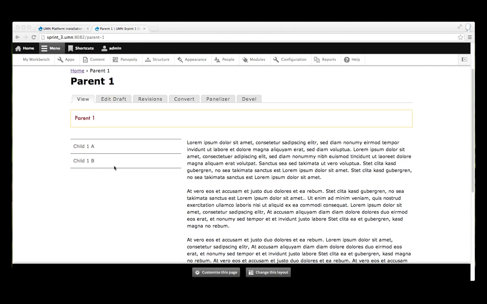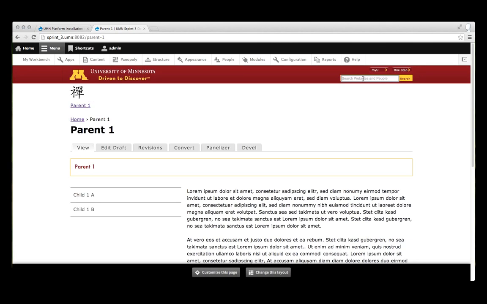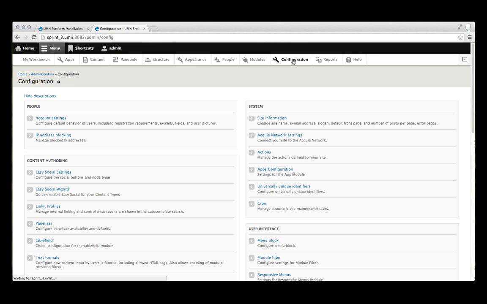And like Tom said, one of the big things for this sprint is search. Last sprint it was up in this little box, but it didn't actually go to anything because we didn't have all that set up. This sprint, that's all set up. Now, since this is a fresh install, I'm going to configure this. Go through configure, and there's a search